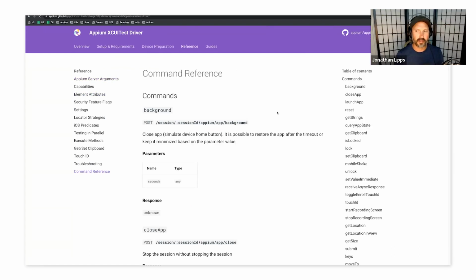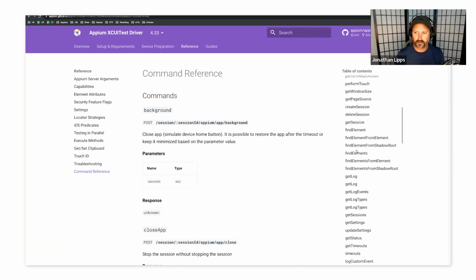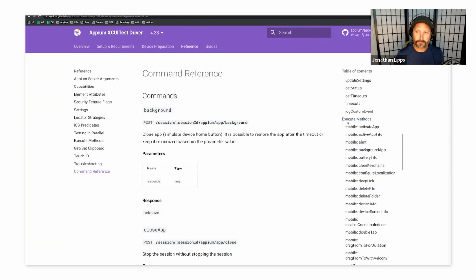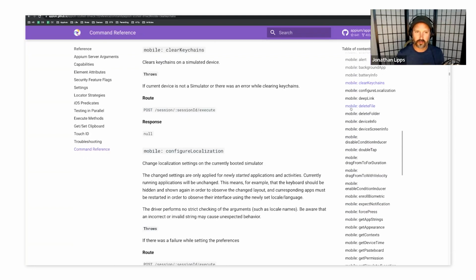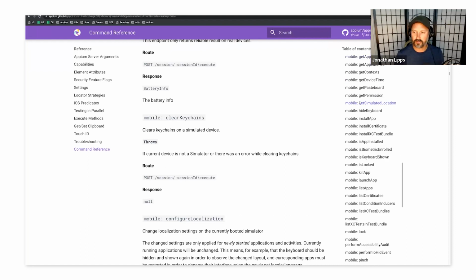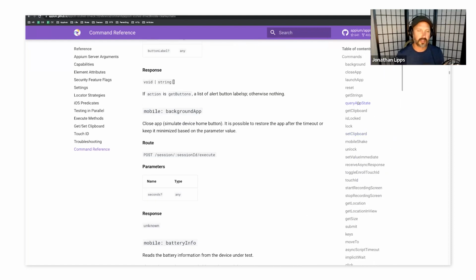So there's a command reference that talks about all the commands that are available with this particular driver, including all the mobile commands, or what we call execute methods. So, we've got this command mobile clear keychains that clears keychains on a simulator. And this is where you go to see all the things that are available for the XUI test driver. So that's a little tour of our